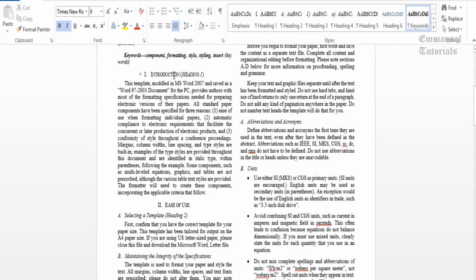Here goes the space for the heading. You just need to type in. You can see that all the letters are in capital, but the first letter is slightly bigger than the others. This is the way you should be writing it.